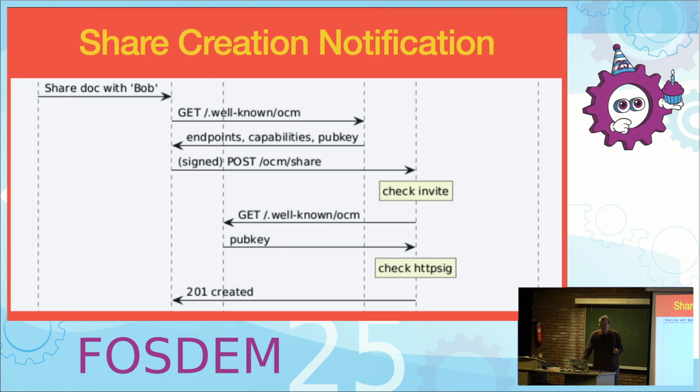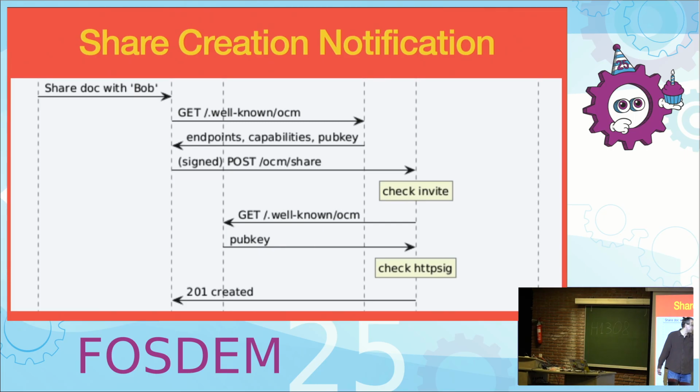After that, you do the actual OCM share call, the share creation notification. Here, this server does a signed post to /OCM/share to that server. And then the new thing, if there was an invite flow, which is optional, but if there was one, then you can check the invite: is this person who is sending something to my user actually a contact that was established through an actual OCM invite?